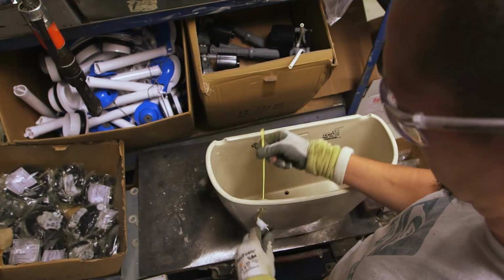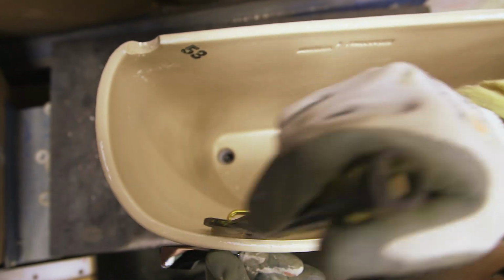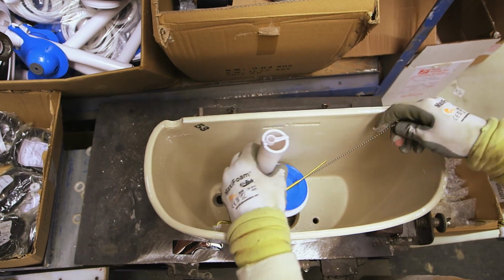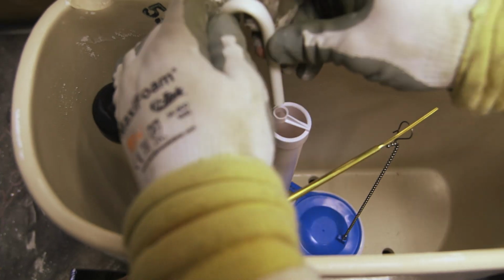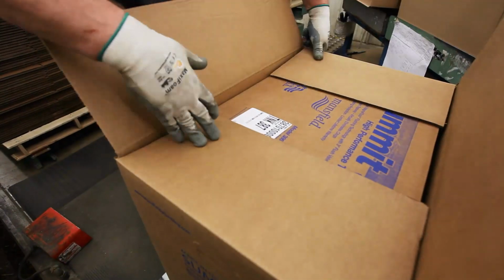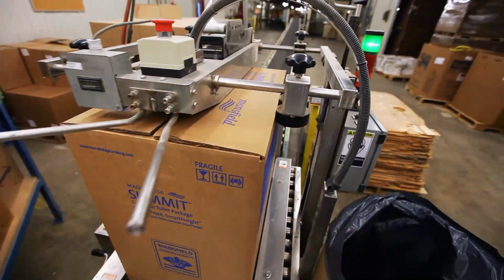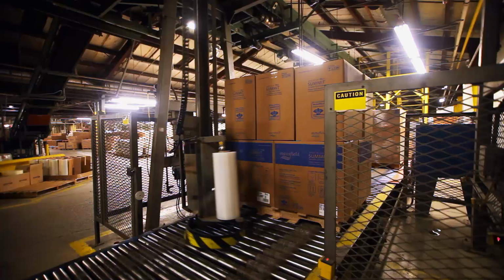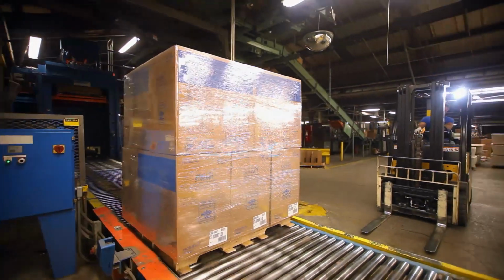Okay. Flush components are added by hand. Because at Mansfield, flushing is serious business. Based on how efficiently they're designed today, you can probably get rid of your plunger. Lovely. And with that charming image seared into our brains, we can proceed to packaging. Where completed toilets are hand-boxed, sealed, palletized, and transferred to storage so that Canadians everywhere can enjoy a nice...